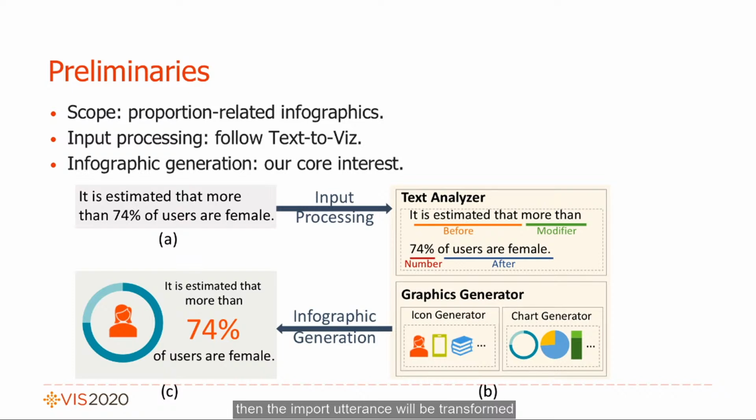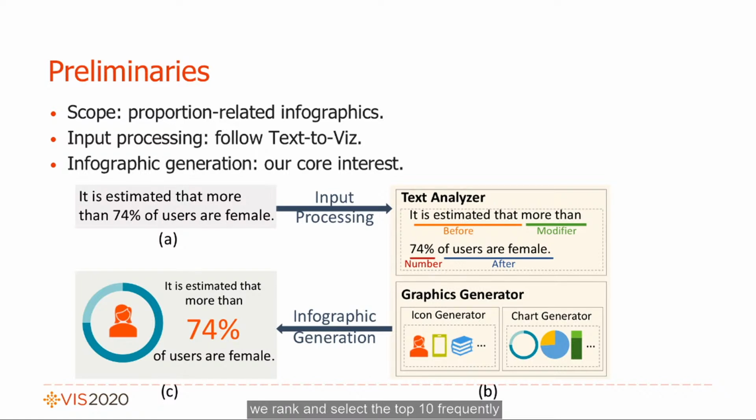Then, the input utterance will be transformed into a set of visual elements. Such transformation is studied and realized in text-to-VIS, so we just follow the same input processing pipeline of text-to-VIS to collect candidates of visual elements. The core interest of our work is to study how to convert the visual elements into a new infographic by imitating online examples. To understand what visual elements are often used in infographics, we rank and